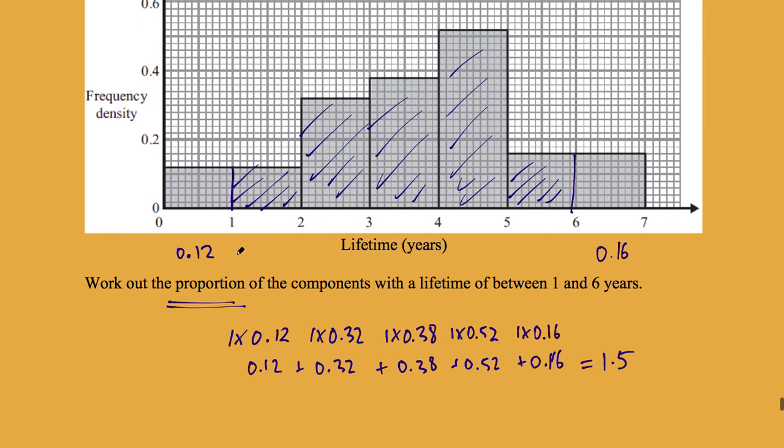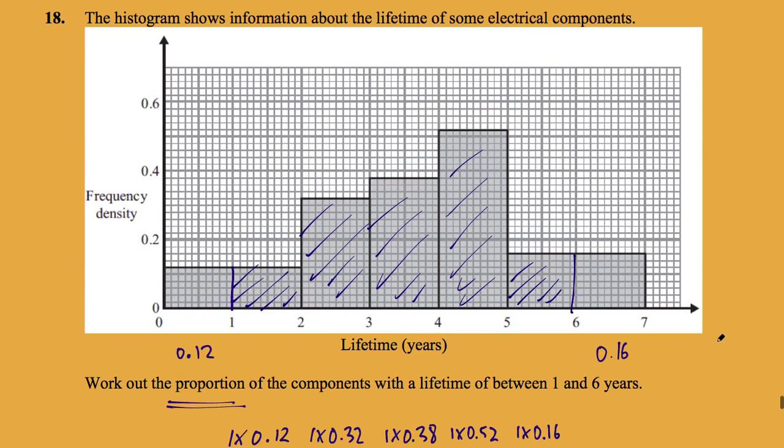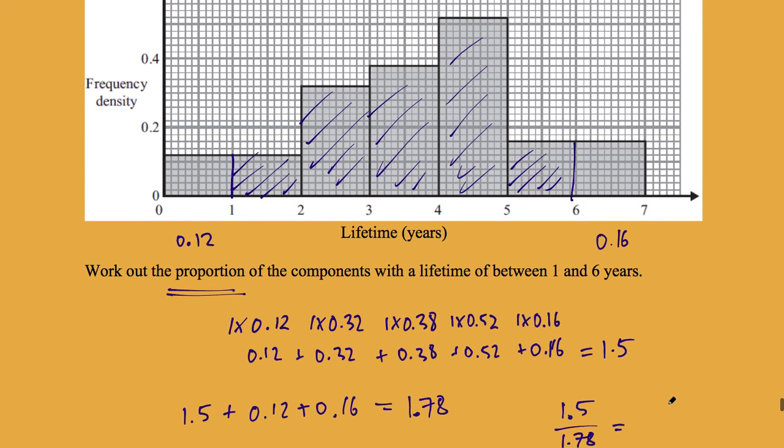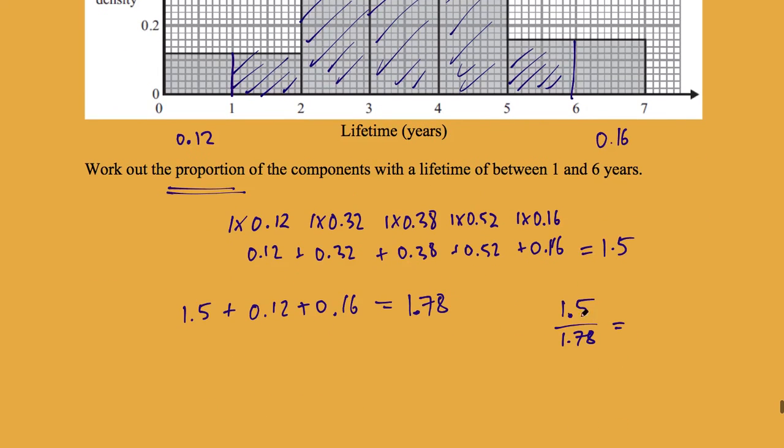So the majority we can see have a lifetime between 1 and 6 years. They're mostly in here. So I'm just adding those final bits, 1.5 plus 0.12 plus 0.16 is 1.78. So the proportion is 1.5 out of the 1.78. This may seem confusing because you think, why are there 1.5 components? But it's actually that the area is proportional to the number of components, so it doesn't mean there are 1.5, it just means comparatively there are 1.5 compared to a total of 1.78. So 1.5 divided by 1.78